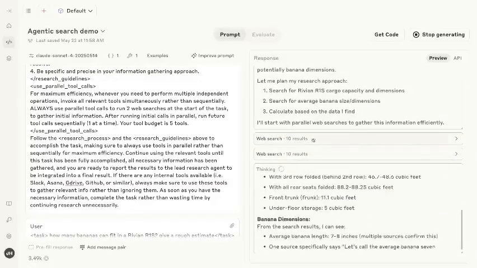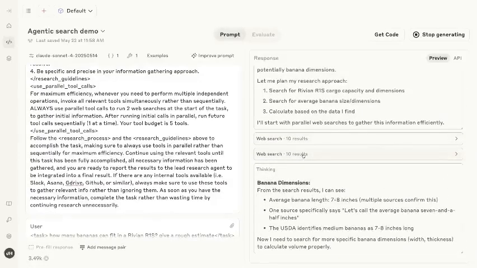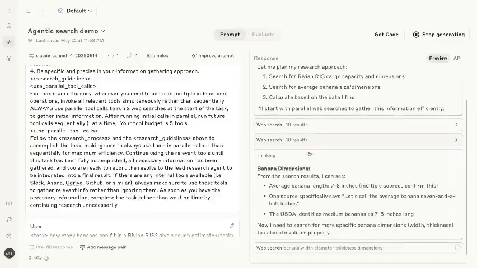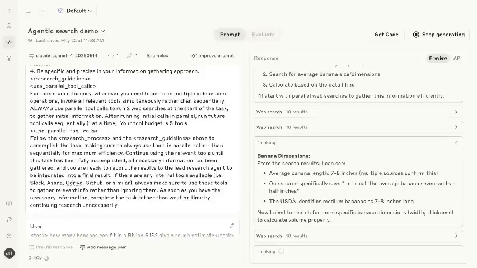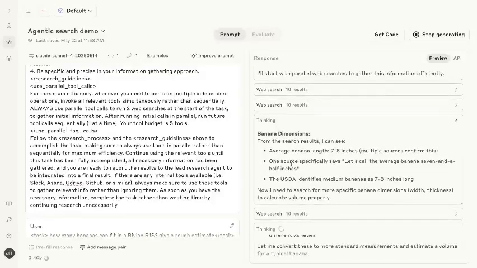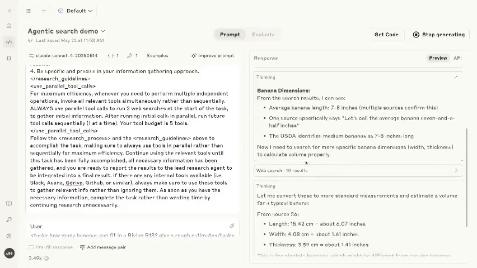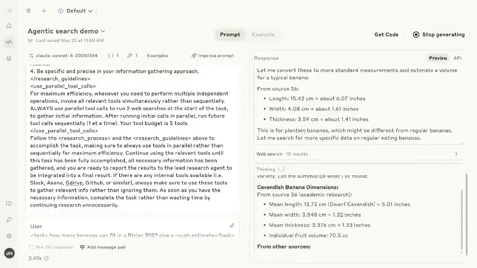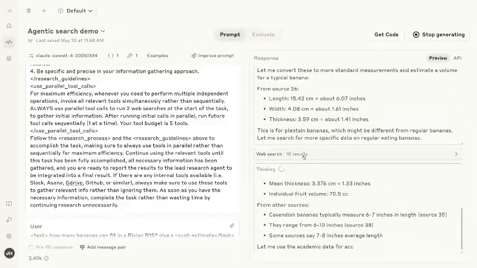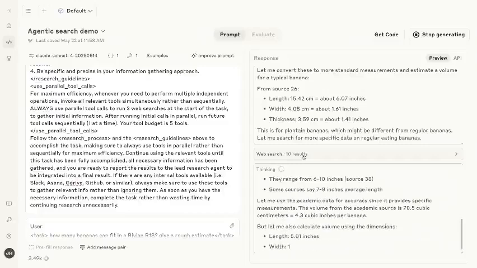And you see here, it ran 2 web searches in parallel at the same time. That allowed it to get these results back very quickly. And then it's reflecting on the results. So it's realizing, OK, I found the banana dimensions. I know that the USDA identifies bananas as 7 to 8 inches long. I need to run another web search. Let me convert these to more standard measurements. You can see it's using tool calls interleaved with thinking, which is something new that the Claude 4 models can